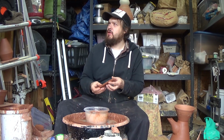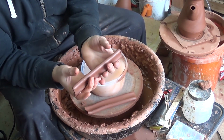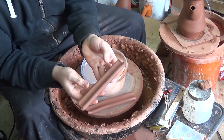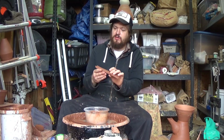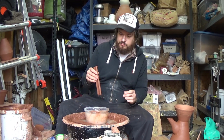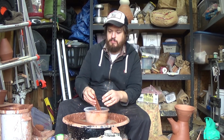Alright. So these are just some extruded handles. When you buy an extruder, it comes with a handle die, and this is the large handle. On its own, it's pretty meh, but with a little bit of pulling, you can make it